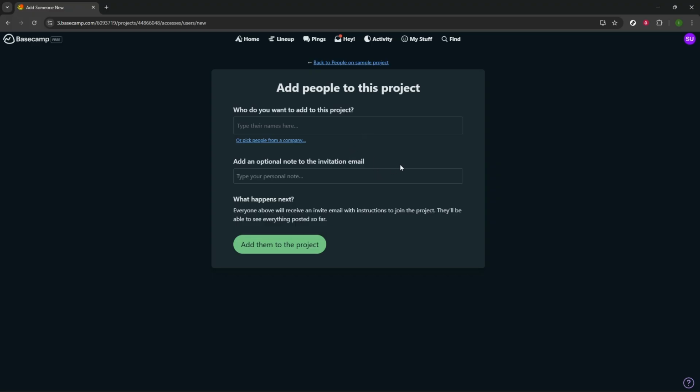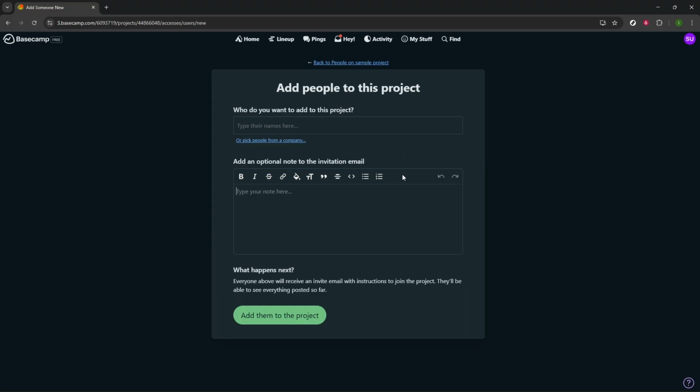From here, you're ready to post your first update on the message board, drop in key files, and outline initial to-dos. Keep your project description current, review which tools are enabled as needs change, and make sure new teammates get that helpful note when you invite them. With these basics in place, your team and project in Basecamp will stay clear, focused,